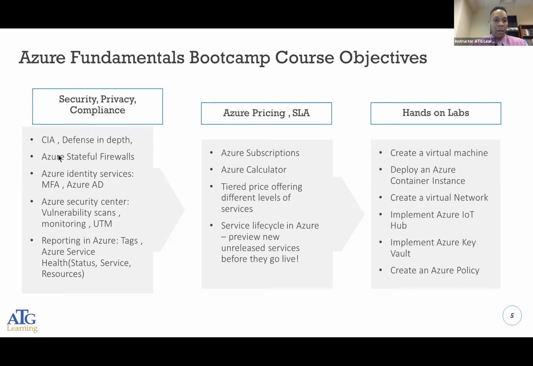Azure Security Center gives us the ability to scan our systems for vulnerabilities, monitor devices, and send alerts. And UTM, Unified Threat Management, is basically an all-in-one device that allows us to mitigate against spam, content filtering, firewalls, and VPN access into our network. All of that is something within the Azure package that you can get depending on which package you purchase. But we're going to learn about some of these fundamental features that Azure offers.